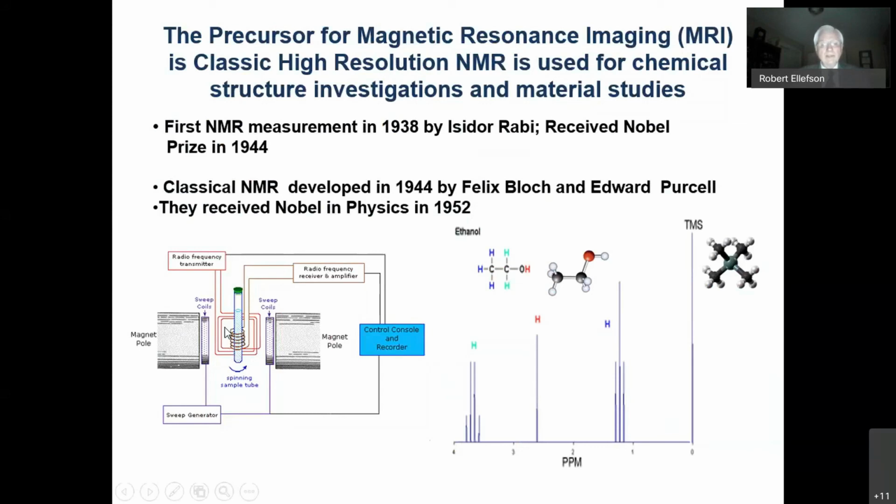And so you excite those protons to align them opposite the field, and then you have a reading coil around the sample that, when you stop the pulse, measures the relaxation and gives you a signal out. And that result is a spectrum of protons that are in different magnetic environments due to the shielding of the electrons that they share with the carbon atom, in this case, for a favorite alcohol molecule,